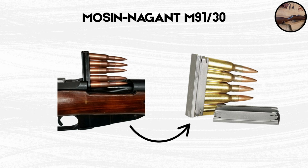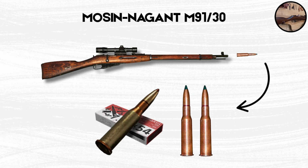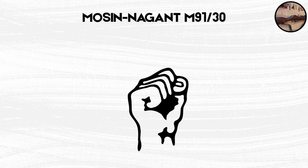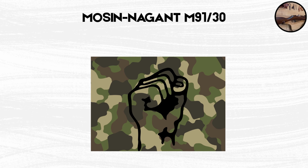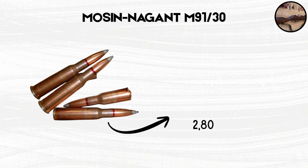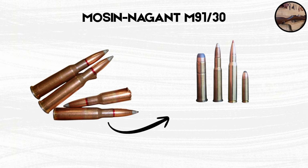This rifle fires the powerful 7.62x54mm R cartridge that was developed in 1891 and remains one of the most powerful military cartridges ever adopted and is even used today. The Soviet round generates over 2,800 foot-pounds of energy, making it more powerful than most Western military cartridges, including the